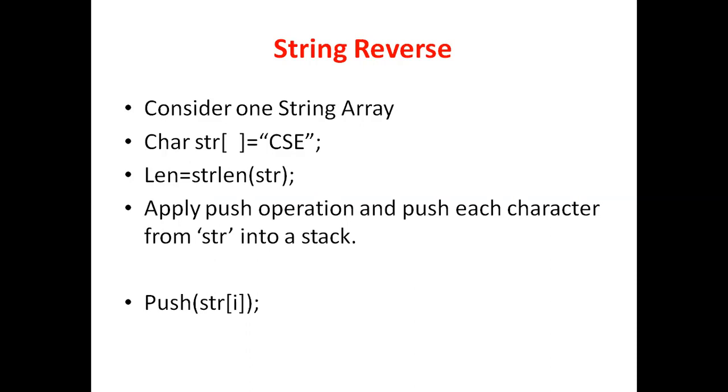i value starts from 0 and ends with n minus 1, that is size minus 1. Here 0 1 2, 3 letters are there in the string. That is 0 index is filled by C, 1 index is S, 2 index is E. Means we can travel from 0 to 2. So by using for loop we can travel because the length is stored at len. So this loop is repeated until 0 1 2, 3 times it will execute.